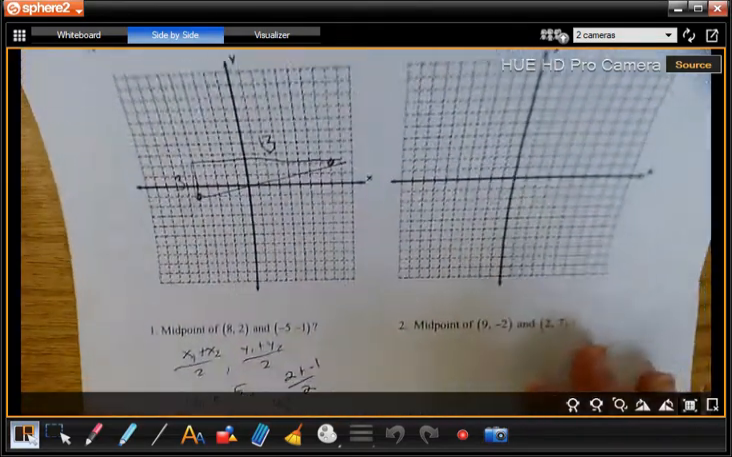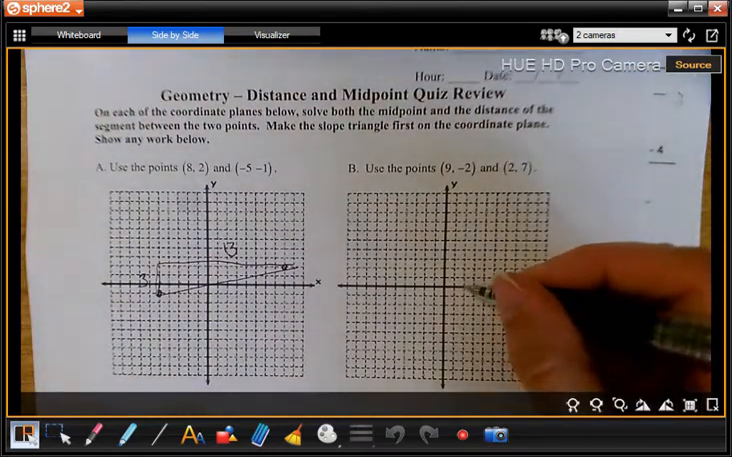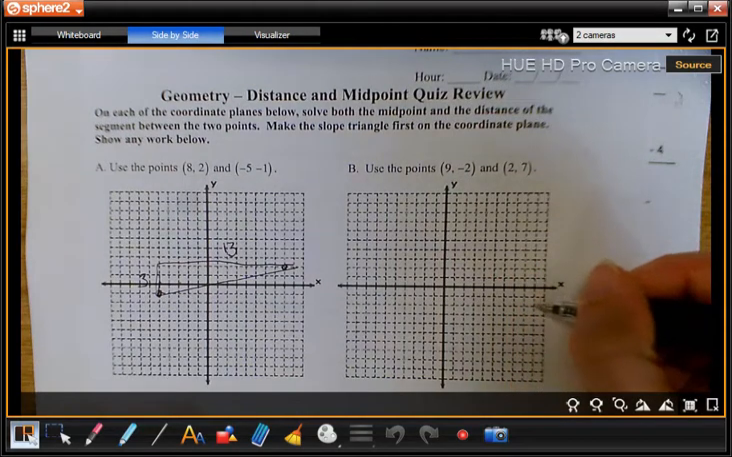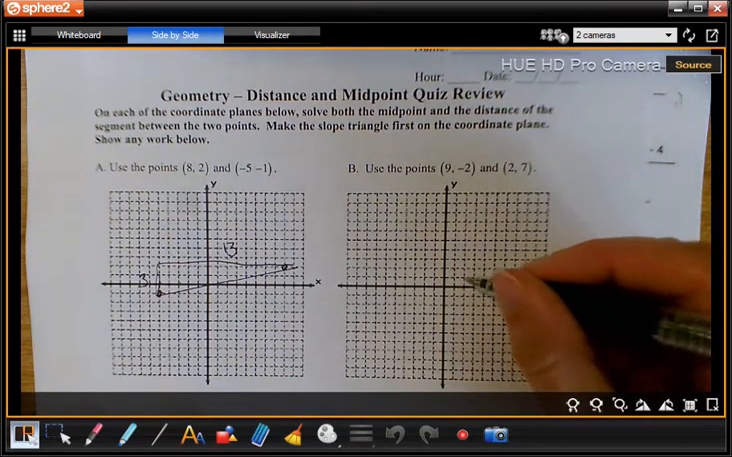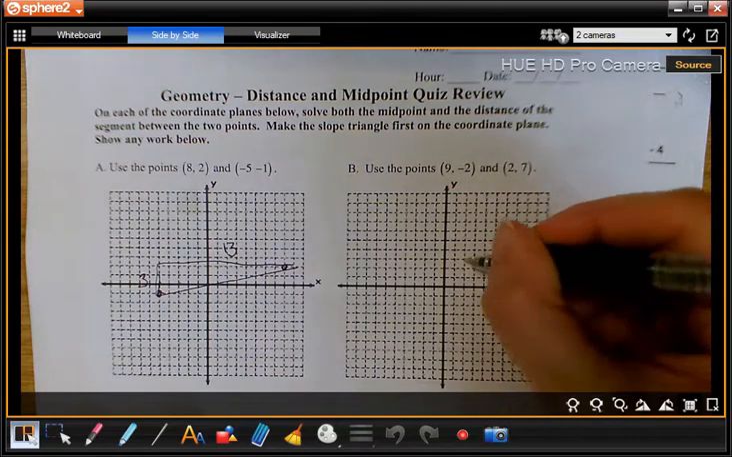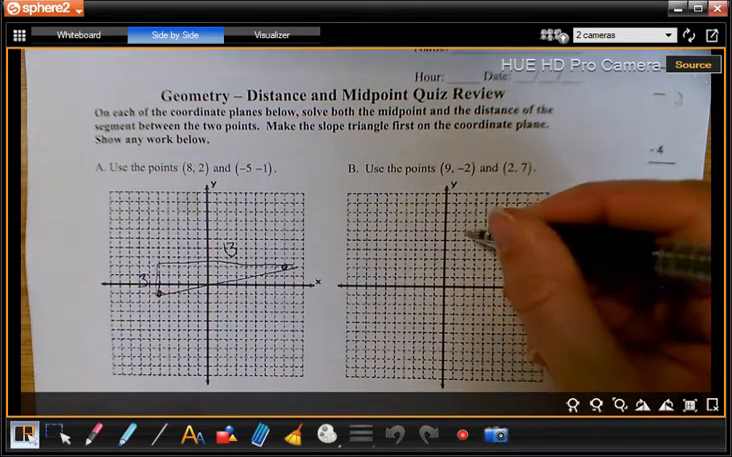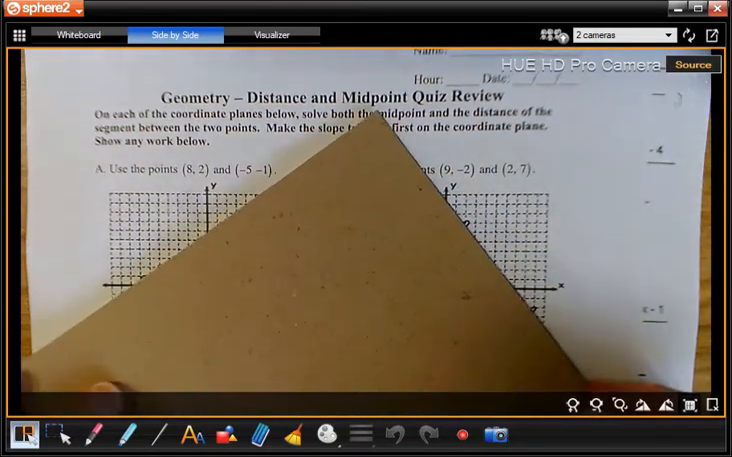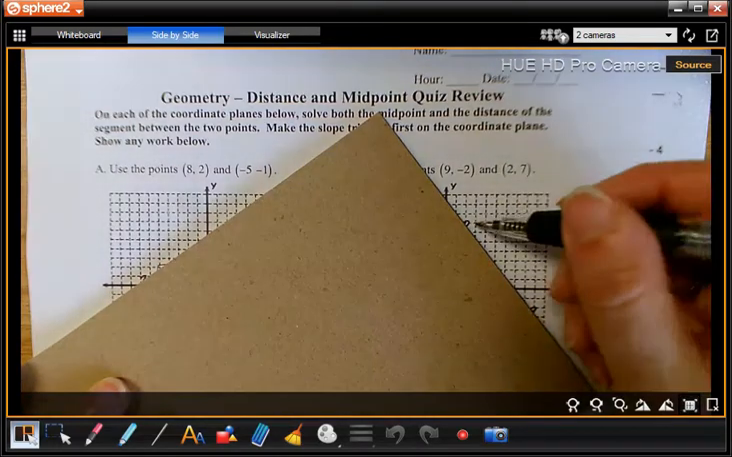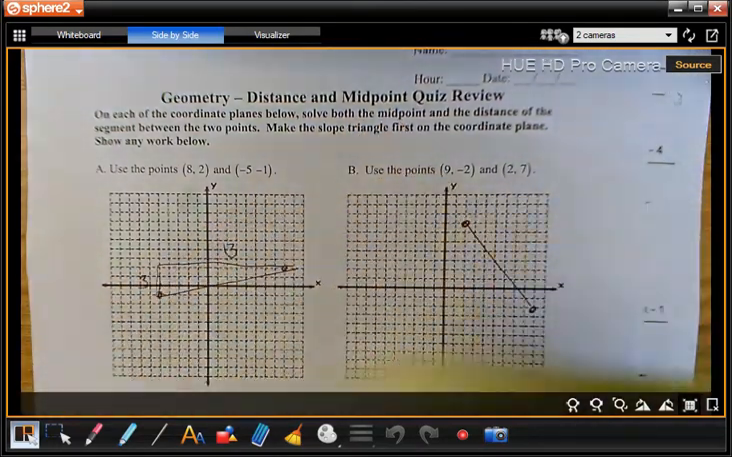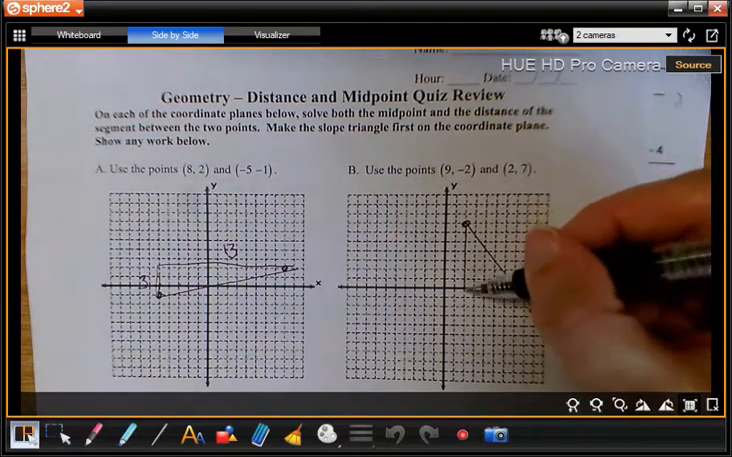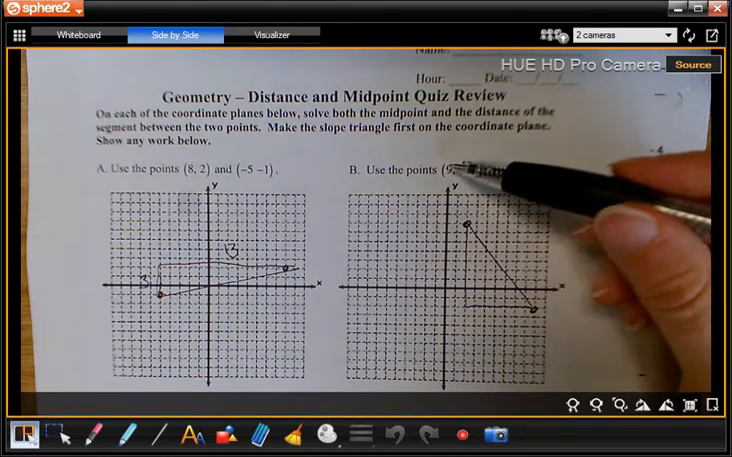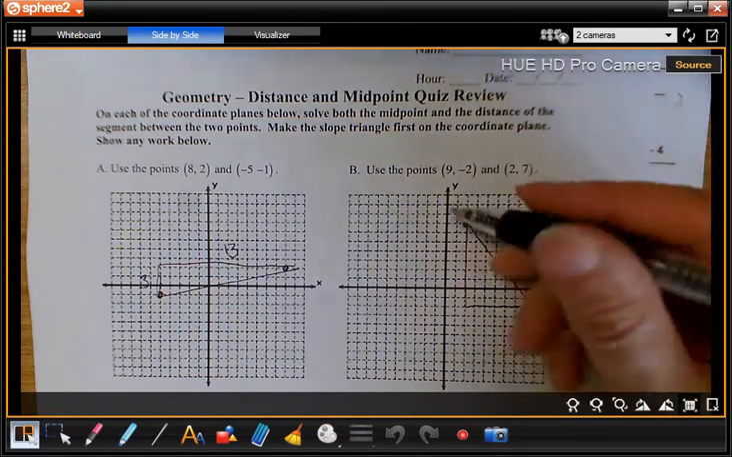Okay, let's look at the other one. We're going to go 1, 2, 3, 4, 5, 6, 7, 8, 9, down 2. And I'm going to go over 2 and up 7. 1, 2, 3, 4, 5, 6, 7. And I'm going to connect those. I am going to find my slope right here. We're at 9